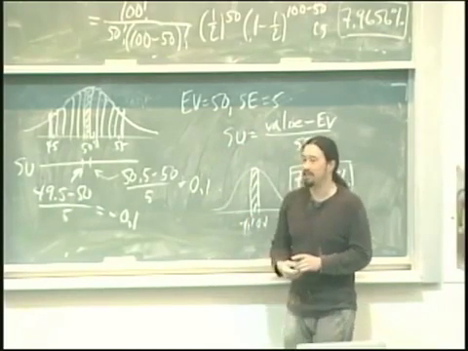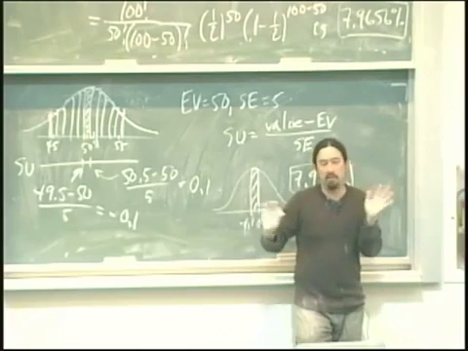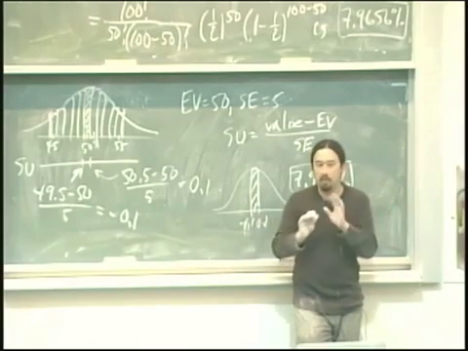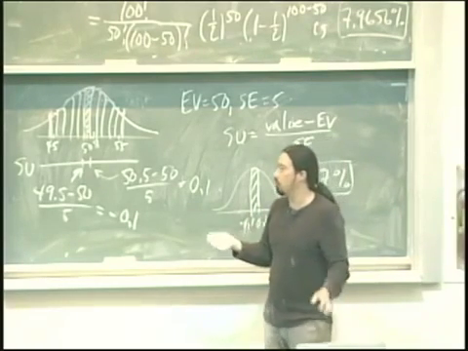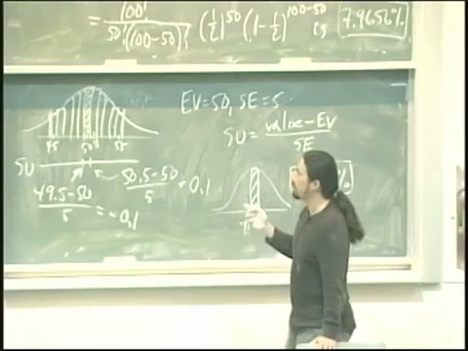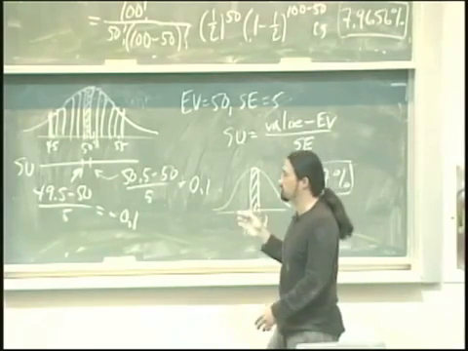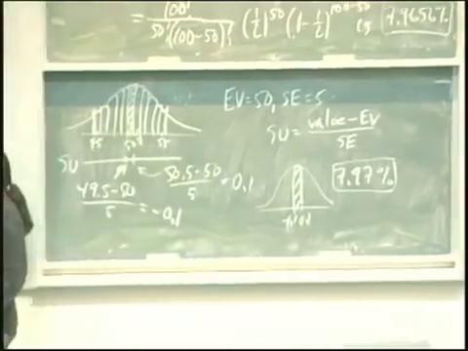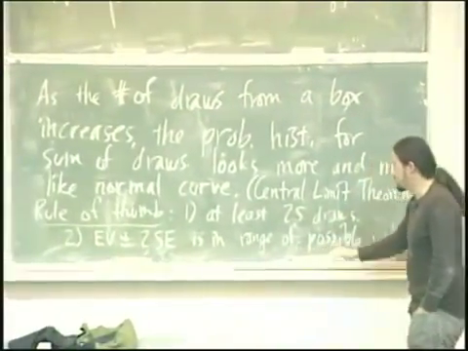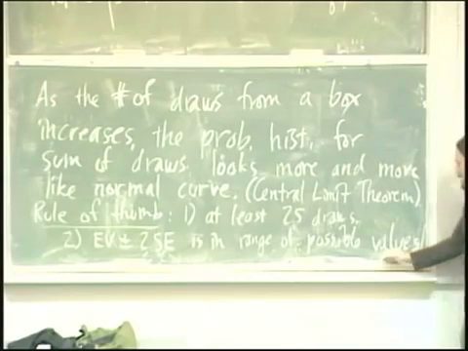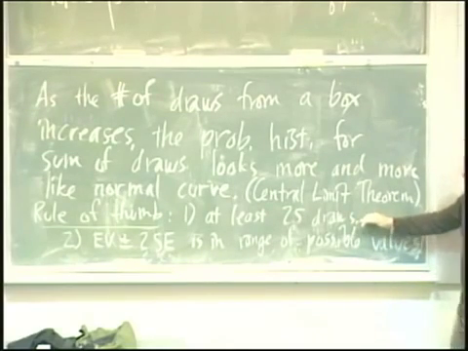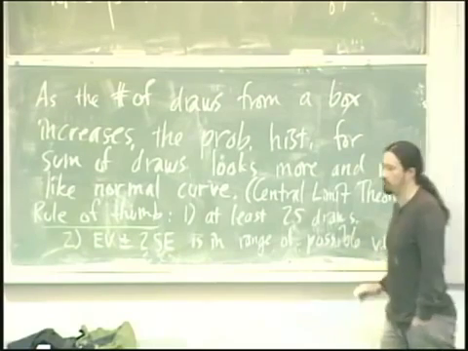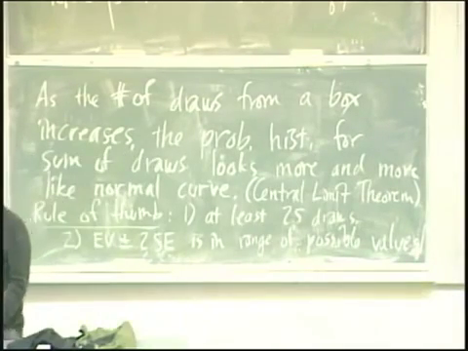So if you go 2 SEs to the left and there's nothing there, you're out in this area where there's no probability histogram, you're past all the bars, the normal curve would tell you there should be something there. If there isn't, well then the normal curve must be wrong. The probability histogram, remember, is the truth. So wherever there are bars for the probability histogram, that's where there's really some chance, right? So that's why this second one is useful. This sort of takes care of cases where you have something that's very skewed, long right tail, long left tail. In general, 25 draws is usually pretty good, but sometimes it'll fail. So that's why I'm tacking on that last one.